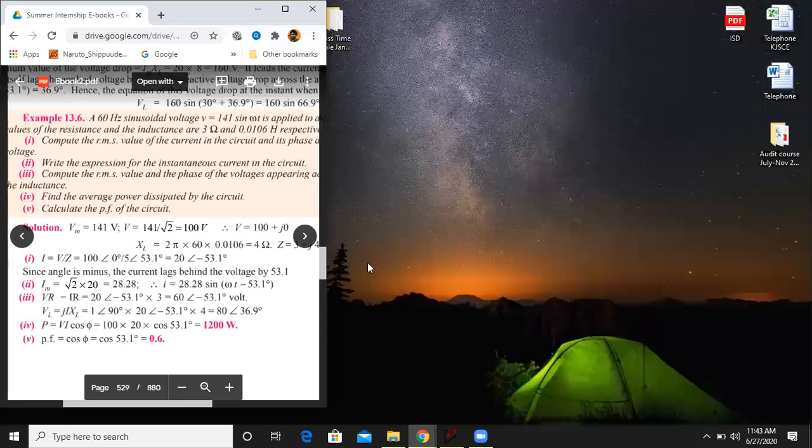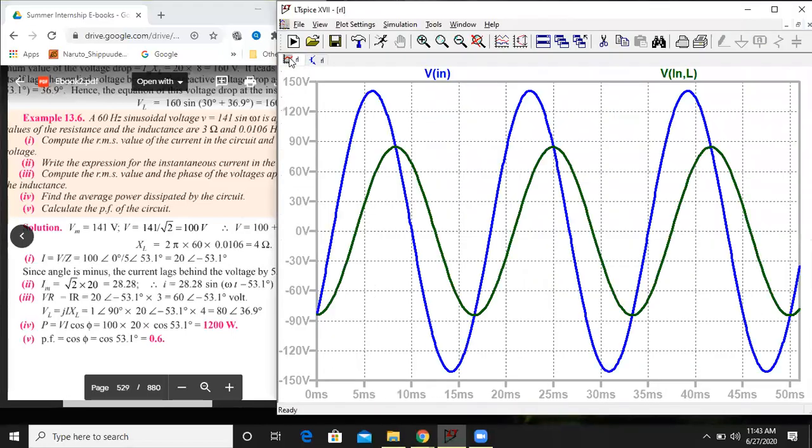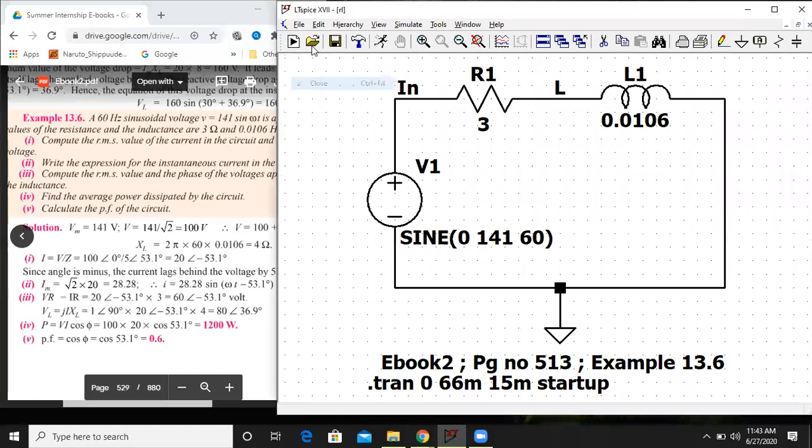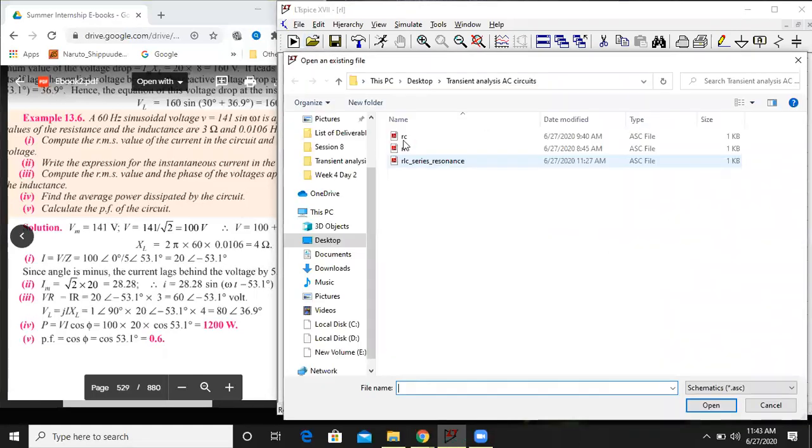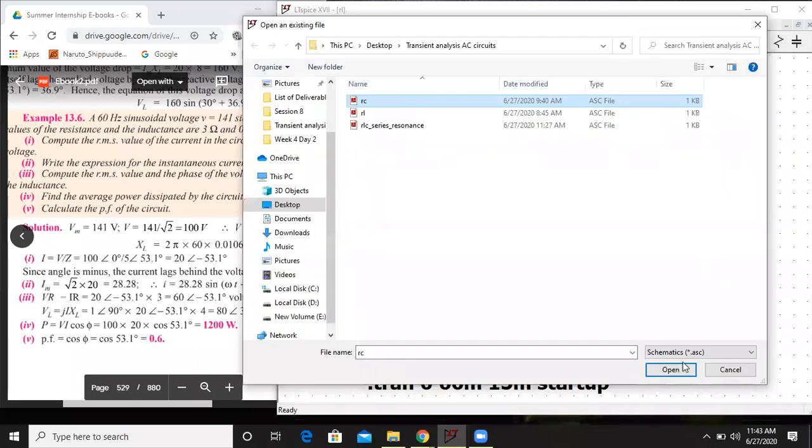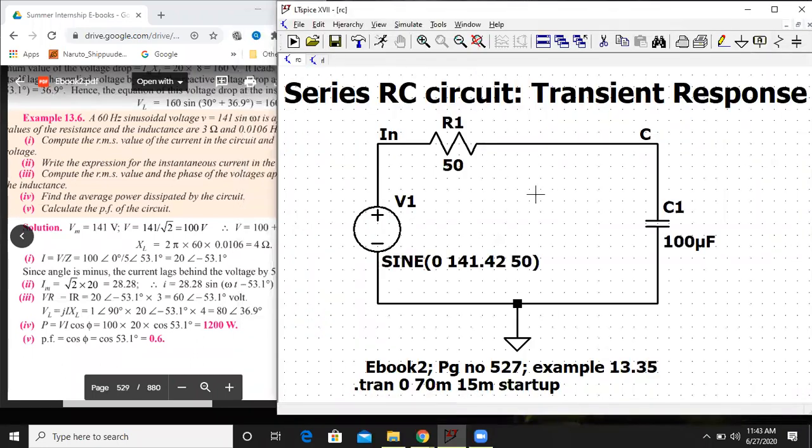Let me go back, and I hope the third numerical also will be similar. So for the third numerical, let me just open up and show you. I'm not showing it in detail now. I guess it is the same thing only. So for the remaining RC circuit, let me open up. So similarly, you have to do the transient analysis for this RC circuit. So a numerical will be assigned to you. You have to calculate the peak value of the voltage across the resistor and the capacitor and measure the phase difference between the various quantities, it will be mentioned in the numerical clearly.